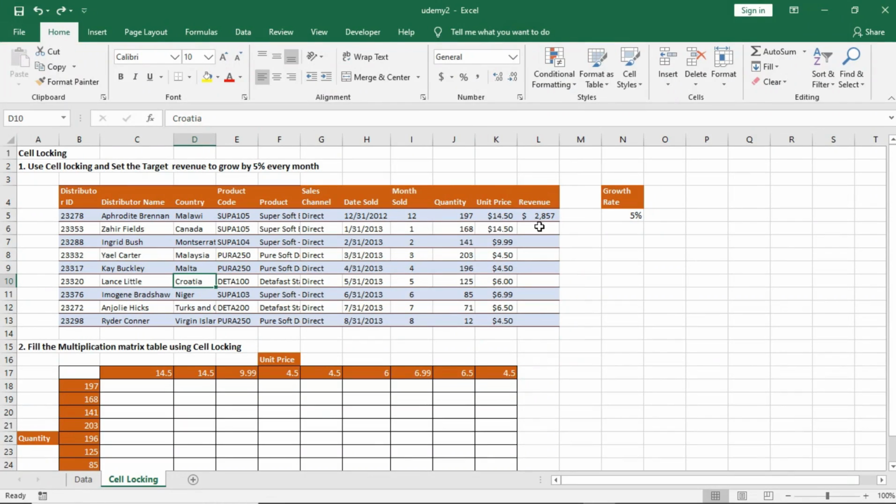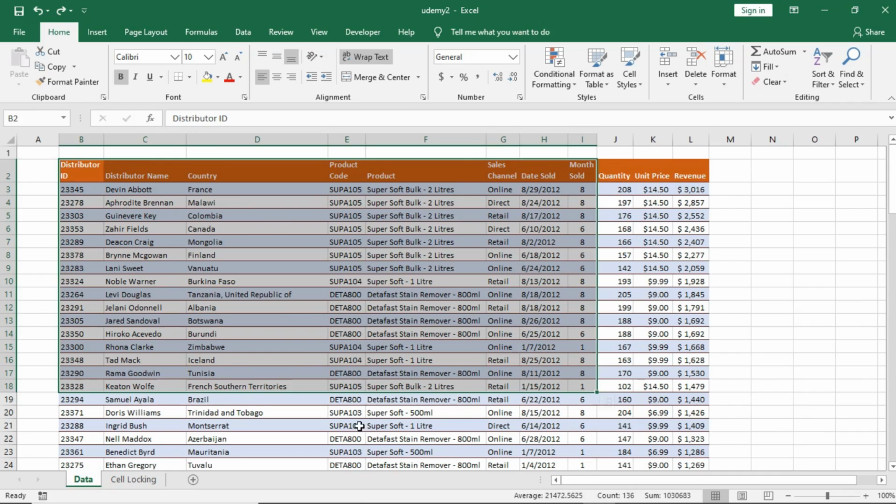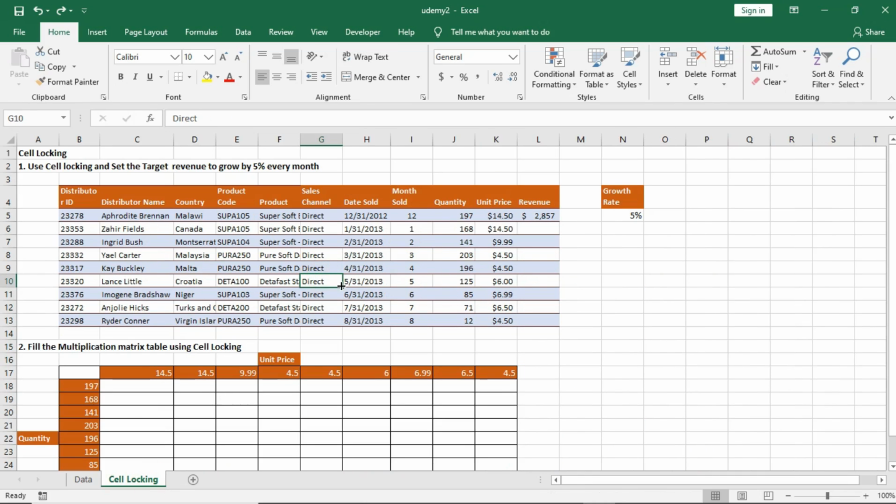My name is Okichuku Joshua Utazi, and today we're going to be talking about cell locking. We've talked about several other paste options in our previous videos, and so today we are going to delve into something a little bit more complex called cell locking. Now, we got this data set from this particular table that was gotten from PwC. Alright, so we're able to rearrange the data and then get some spreadsheet that we can use for our cell